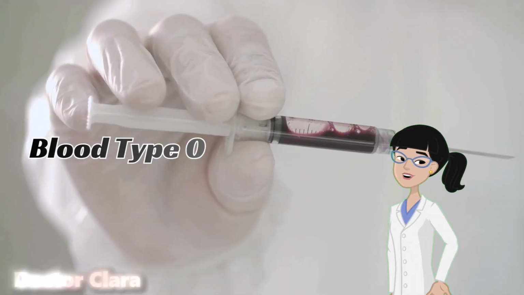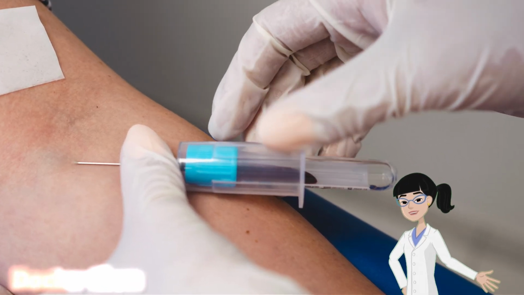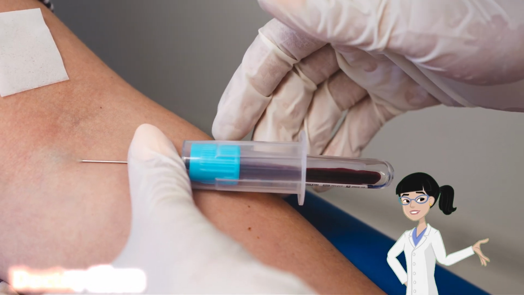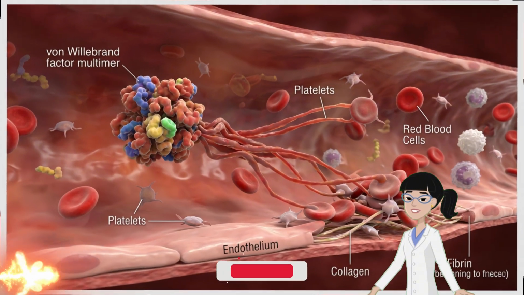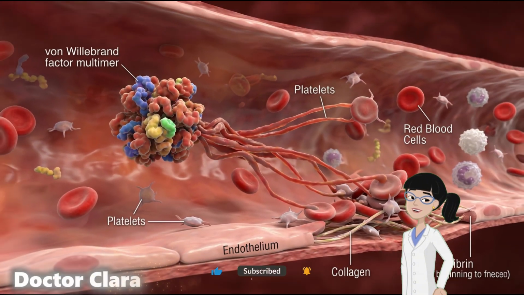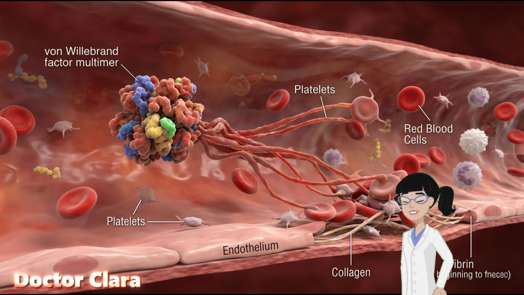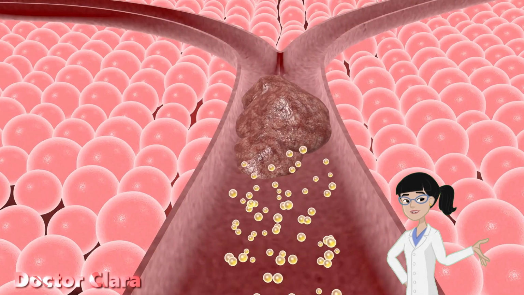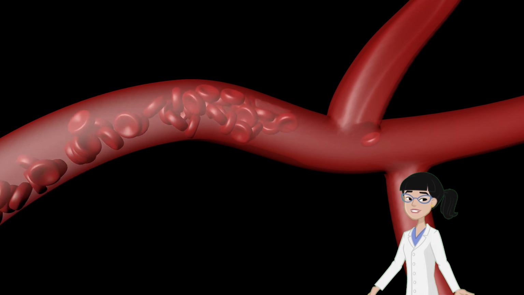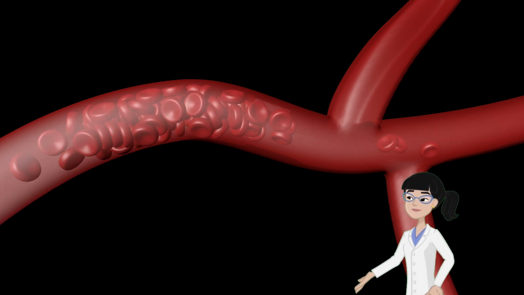Blood type 0. It accounts for 40% of the world's population, and it would not be wrong to call it the most common blood type. This blood type has lower levels of a protein called von Willebrand factor, which acts as a clotting agent. This indicates that clotting occurs more slowly. This characteristic provides a protective effect against deep vein thrombosis and similar circulatory crises, but requires extra caution during major